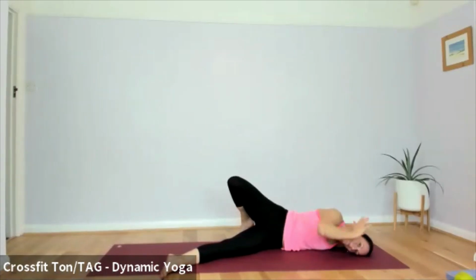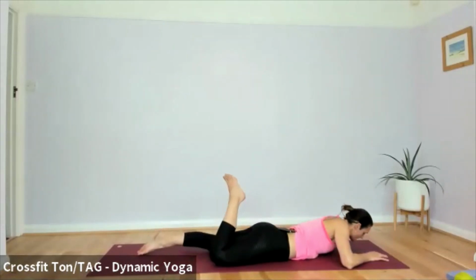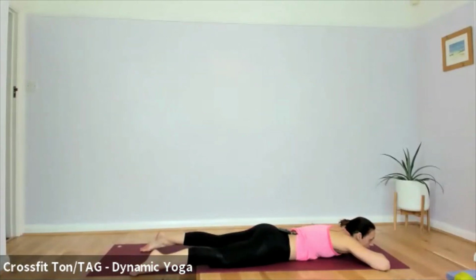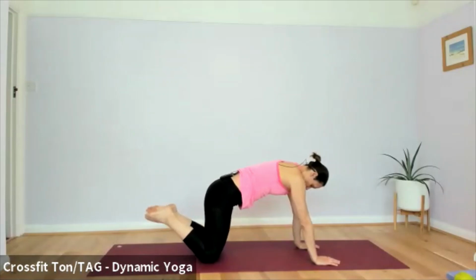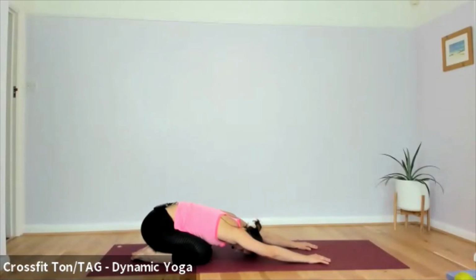Right hand on the mat, bring yourself back onto your front slowly. Leave your left hand as it is for a breath. And then bring both hands under your shoulders without doing a press up, please. Tuck your tailbone and sit back into child's pose slowly. I'm stretching the inner thighs here,